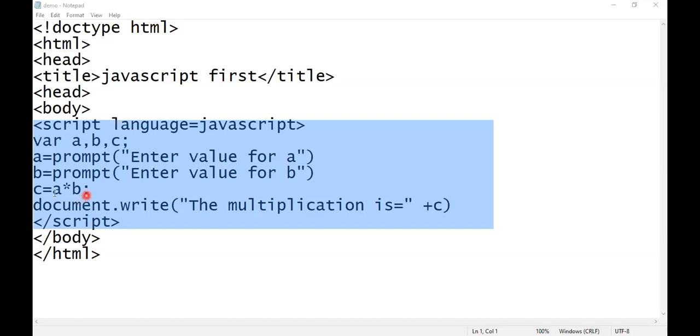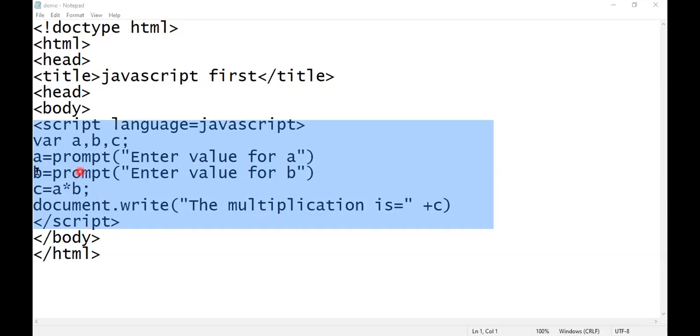In this statement, on the right hand side there is an expression and there is a variable on the left hand side. By using c is equal to a multiplied by b, we are using multiplication, and the obtained result we are going to store in c by this equal to sign. Okay, so the expression evaluates here: whatever value was entered in a will be substituted over here, whatever value was accepted in b will be substituted here, the multiplication is carried out, and the result will be stored in c. This is the actual meaning of the sentence c is equal to a star b.